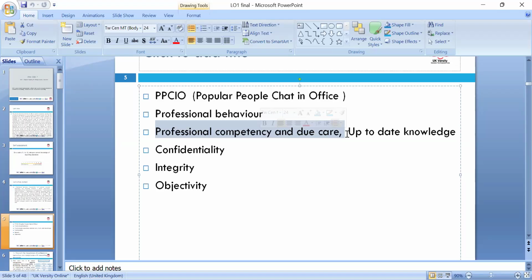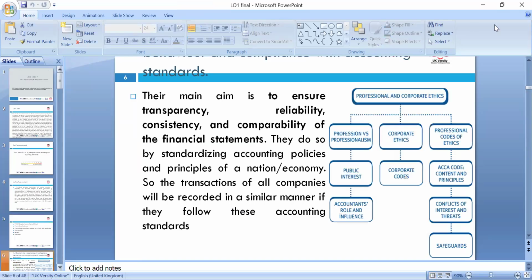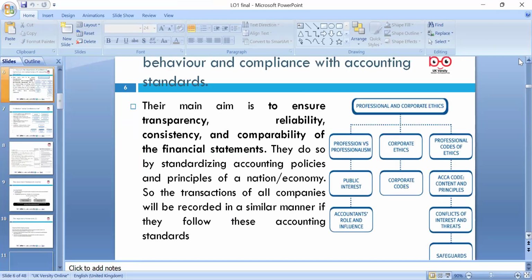If it's in the wider interest of society, then maybe in light of the court ruling we have to declare if anyone is money laundering and all things. Integrity, honesty, of course. An accountant should always try their best, with the integrity to protect, and objectivity, of course, not conflicting or biased information. The objectivity of the accountant must not be compromised.